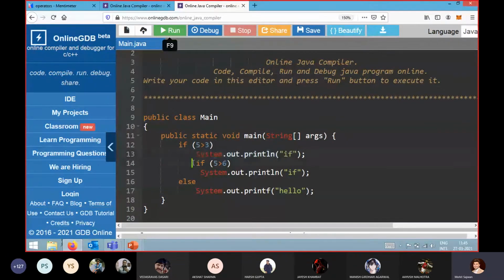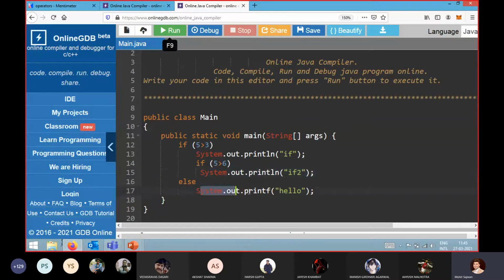Again I have written an if statement, and then I have printed System.out.println "if 2".